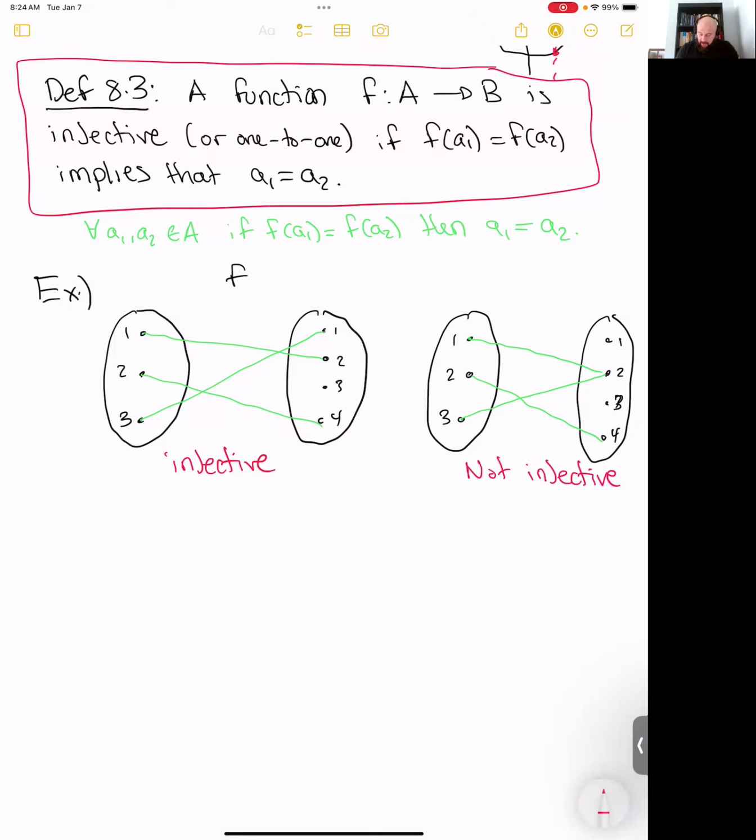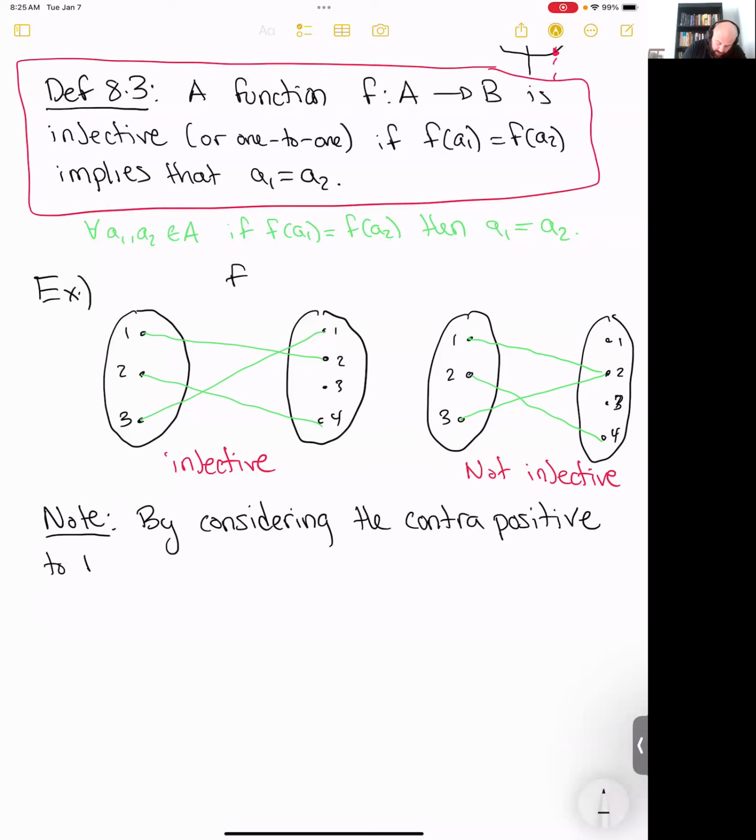Okay, so we're going to want to prove things about functions being injective or not injective. In order to prove that it's injective, we have to satisfy this definition. So you may ask, how do I prove if it's not injective? Here we can note that by considering the contrapositive to this definition,